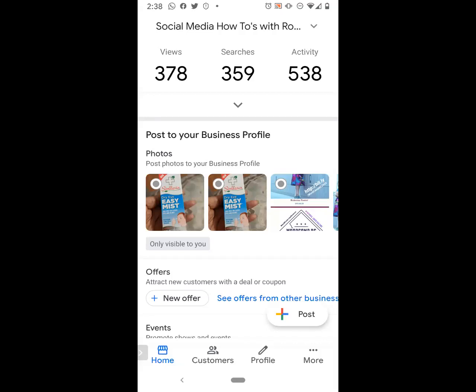So with that, I'm going to go to the bottom of the screen. Do you see the post with the plus sign? So the post with the plus sign is red, green, yellow, and blue. Go ahead and click on post,